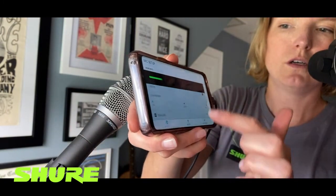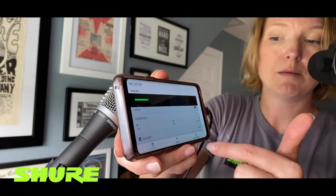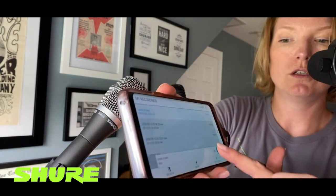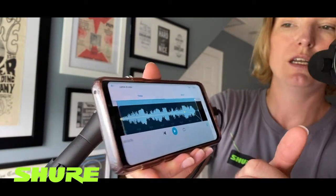So you can also add some compression, and then you can record directly into our Motive audio or video apps. Once you have your recordings, you can open them up and you can actually share them directly from the app. You can do a little bit of light editing, like if I wanted to trim this one, I could do that. I could pull it in, do a little fade action, and then share it directly from the app. So that's called Motive, M-O-T-I-V, and there are video and audio versions. We also have